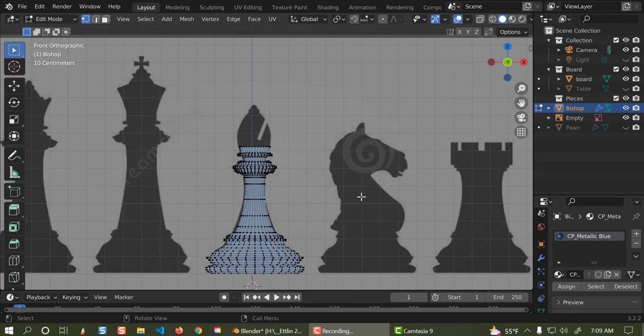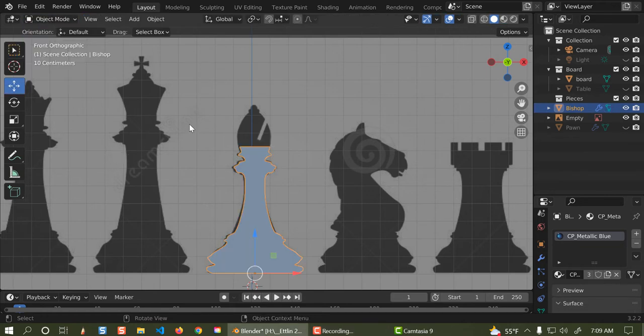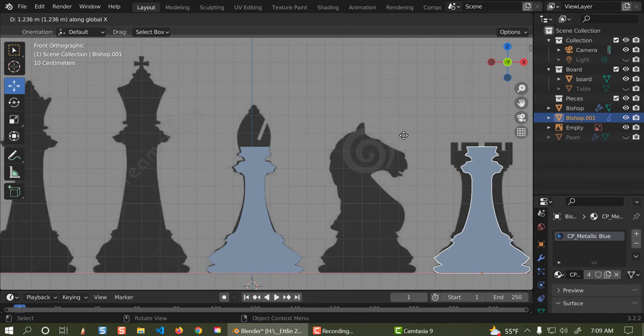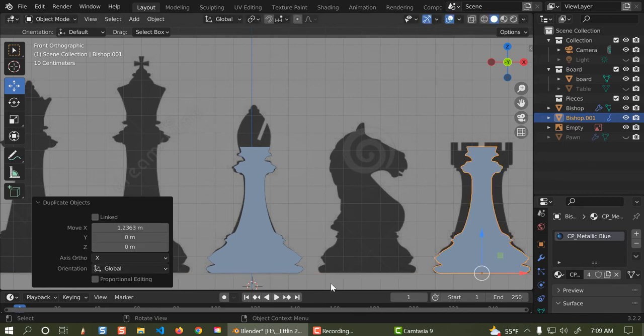In this video I'm going to make a rook. I'm going to start off with a bishop. Notice I have over here my piece's bishop, so I'm going to start by first of all copying this. So I'm going to go into object mode. I say Shift D. I'll move this over on the X, and I'm going to model the